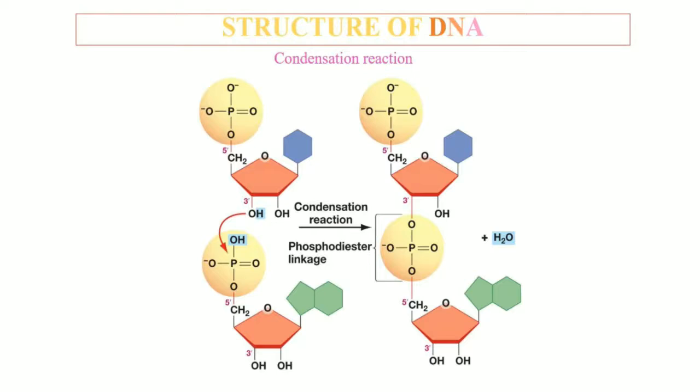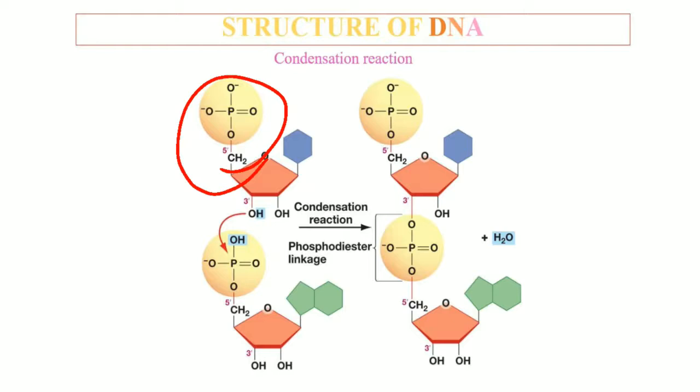So next is the condensation reaction. The condensation reaction is basically a reaction that occurs between nucleotides and results in the formation of long chains. DNA is a ladder-like structure, and the rails of the ladder basically consist of alternating sugar phosphate groups. So in this figure you can see that the phosphate group of a nucleotide attaches at the 5' carbon of the sugar. Here you can see the phosphate group is basically attached at the 5' carbon